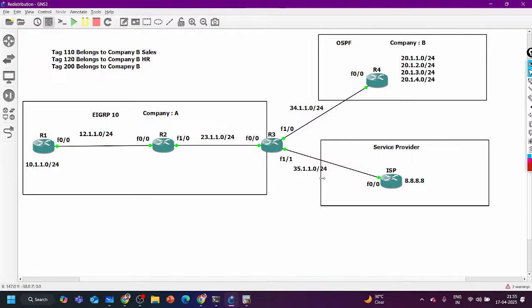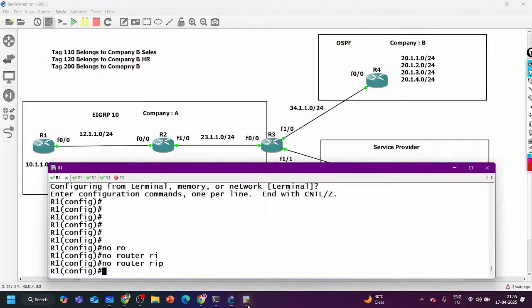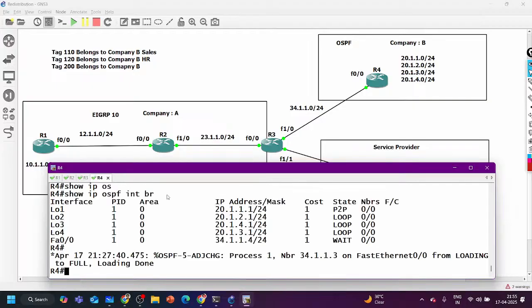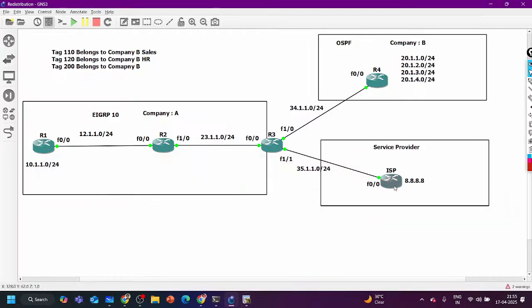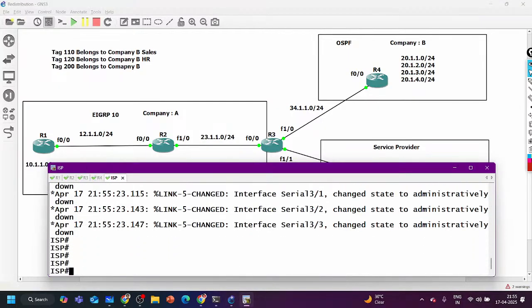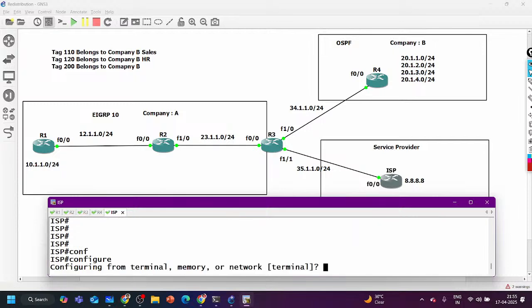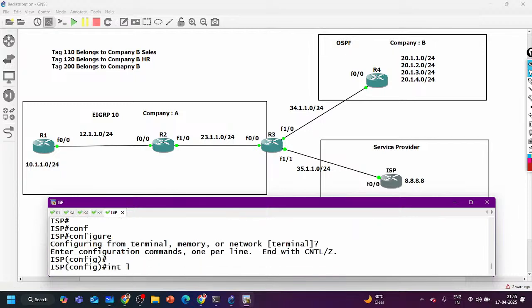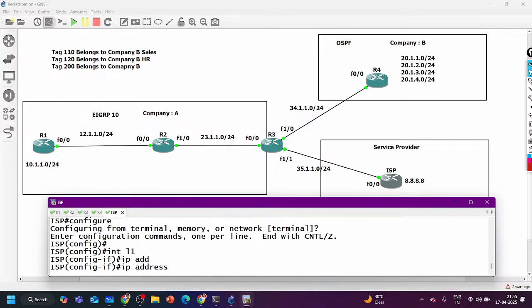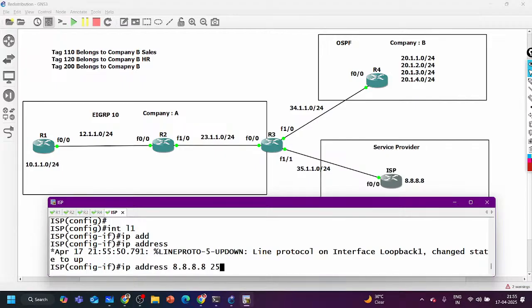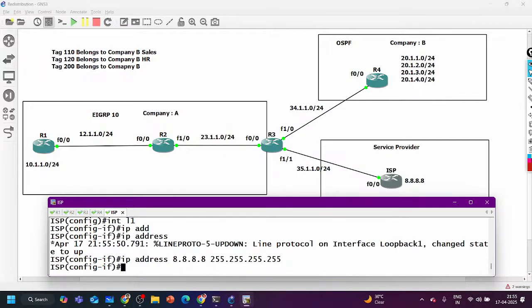On the service provider router first: config t, interface loopback 1, IP address 8.8.8.8. Let's say 8.8.8.8 is any public server on the internet, right?